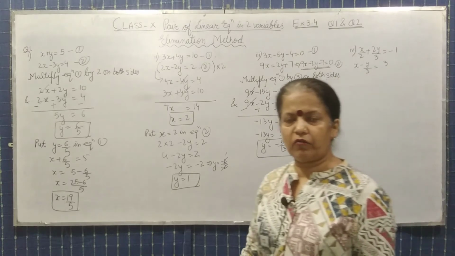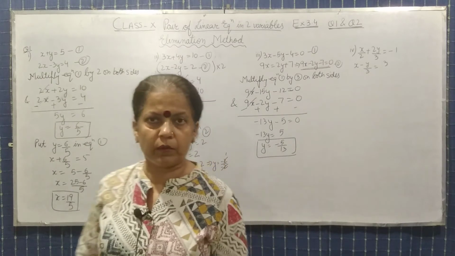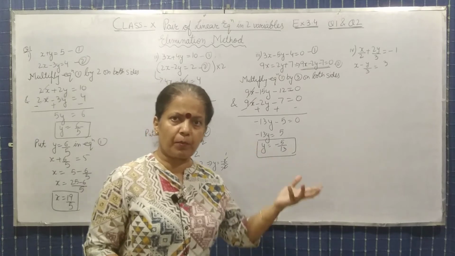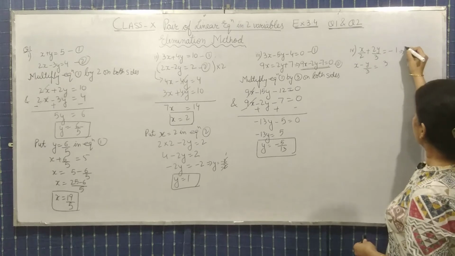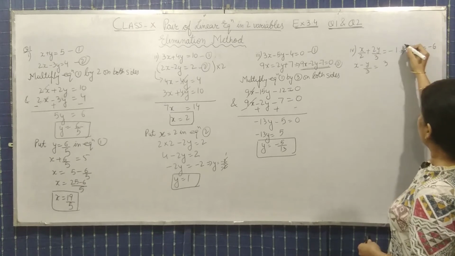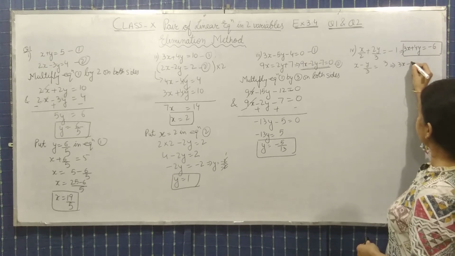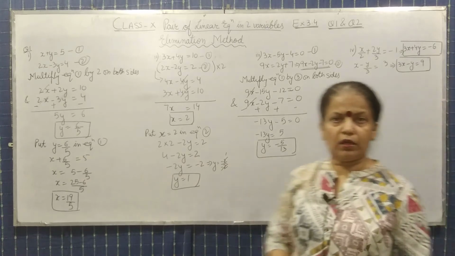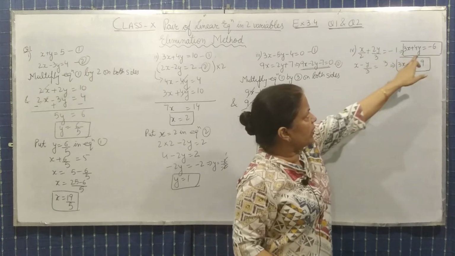Question fourth part. First question fourth part. Observe it. It is not in the proper linear form. तो हम क्या करेंगे? सबसे पहले we will try to convert it in proper linear form. तो हम इसको by taking its LCM we will write it in the proper linear form. So this is the first equation, and from here you will get this is the second equation. Okay, look here. Take its LCM and then solve it, you will get this answer.